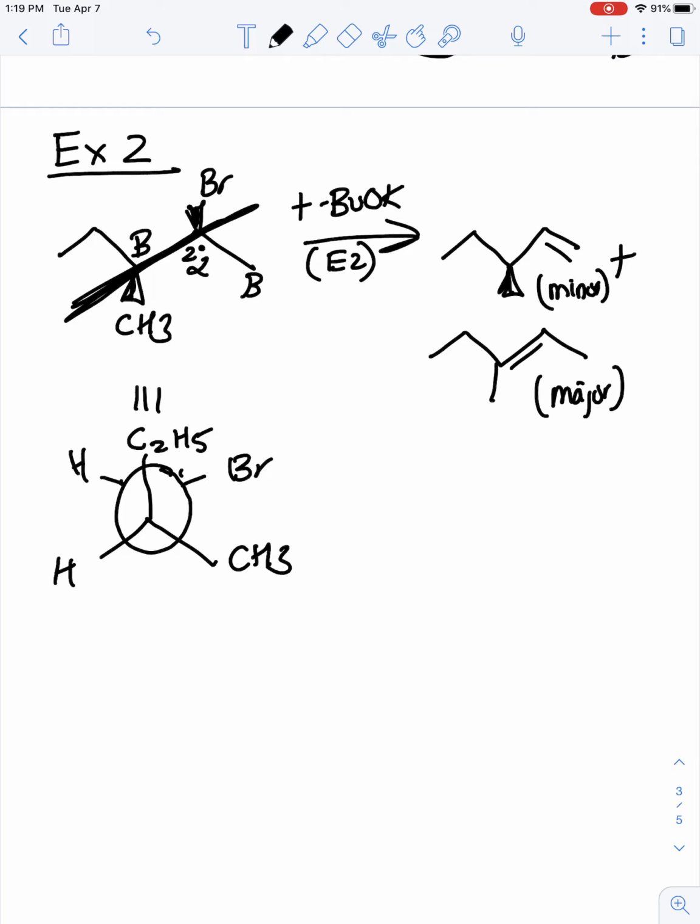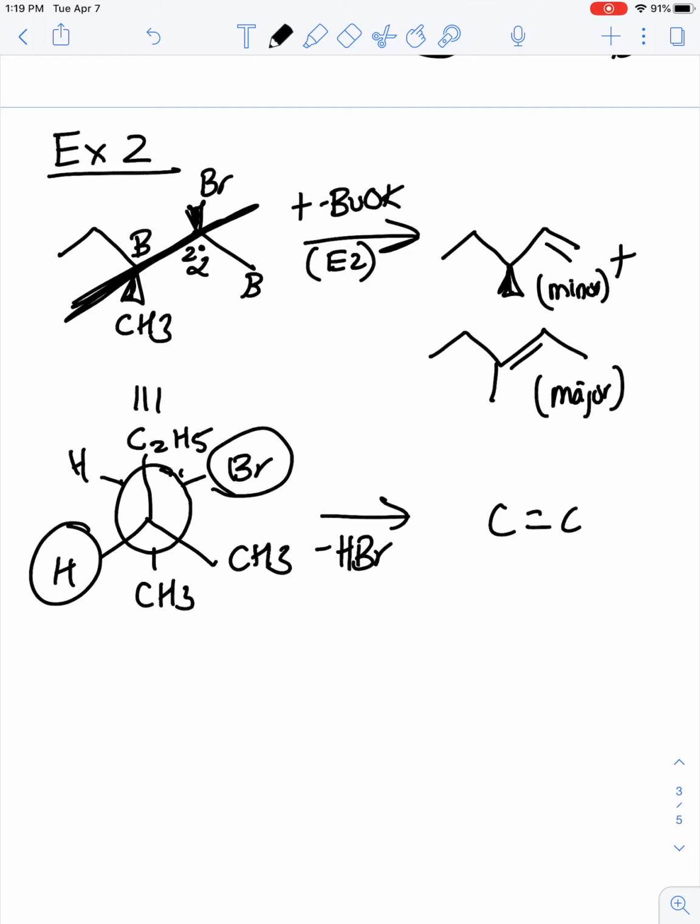The back is going to be our hydrogen, our bromine, and our methyl group. Again, the hydrogen that would be eliminated and our bromine are going to be anti-periplanar to each other. So after the removal of HBr, what happens is we are going to have a product